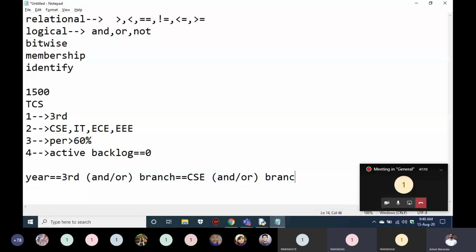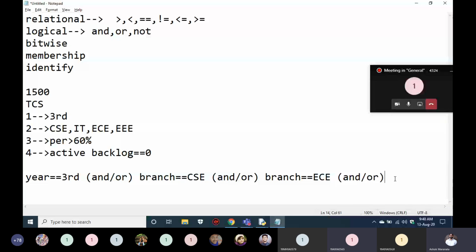Again, branch equal to ECE. And now percentage should be greater than 60.